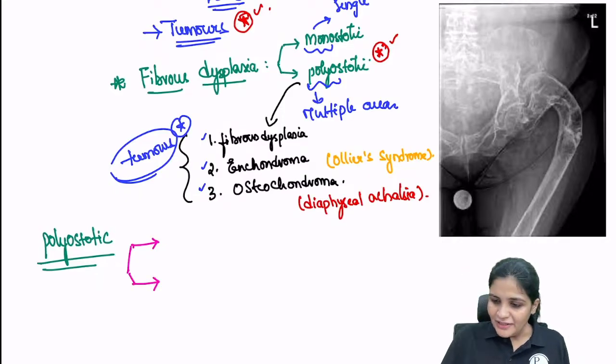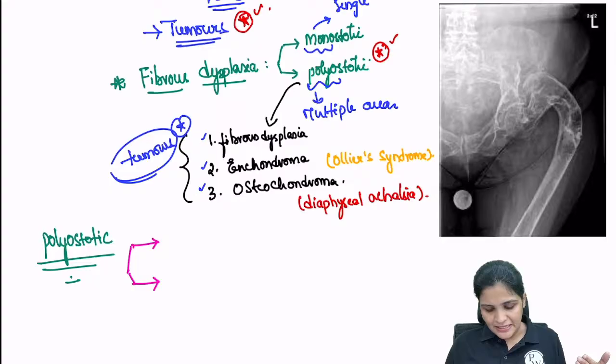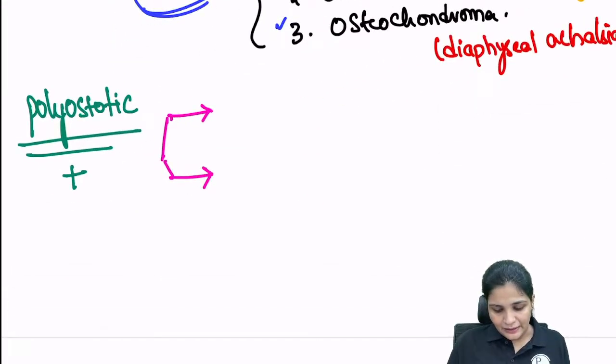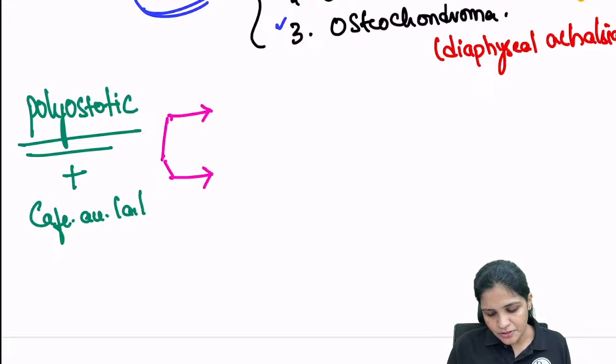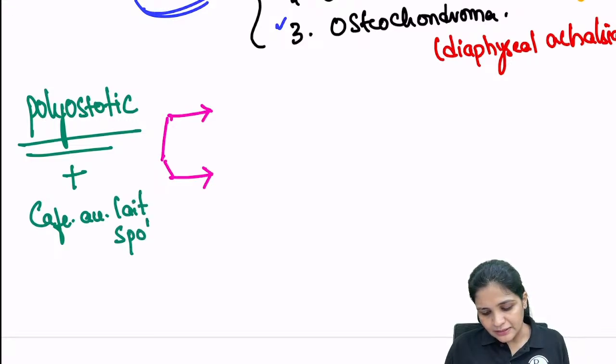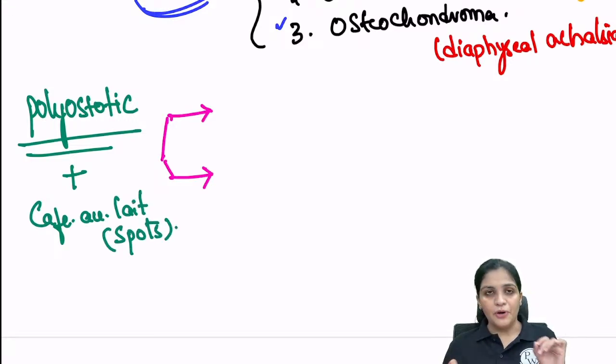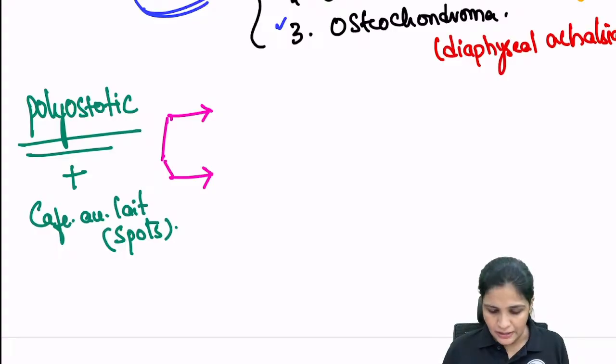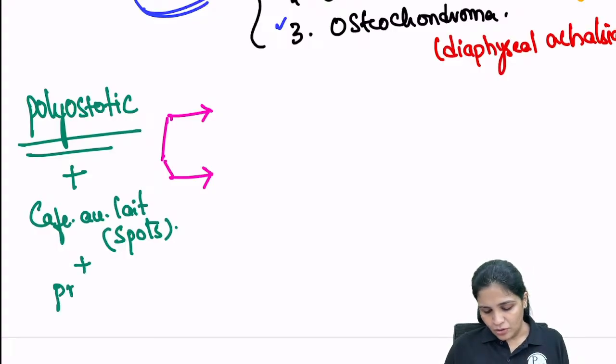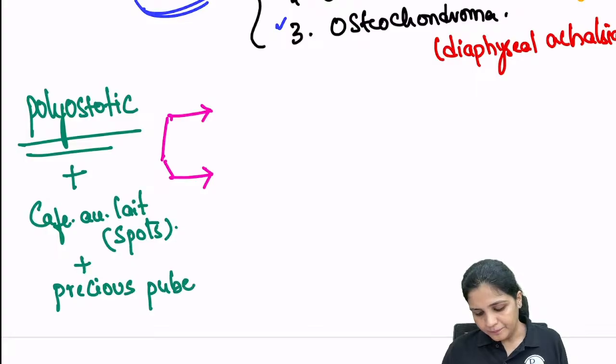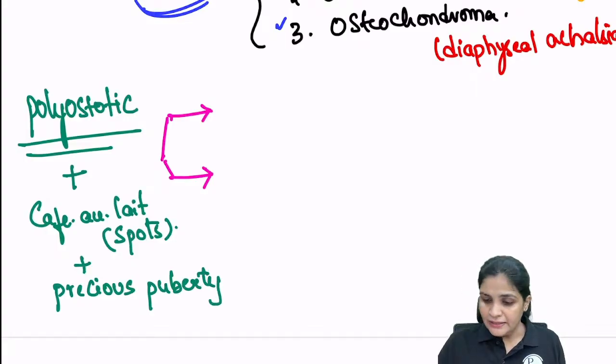Whenever polyostotic fibrous dysplasia is associated with café-au-lait spots, which are nothing but hyperpigmented skin spots, plus precocious puberty,